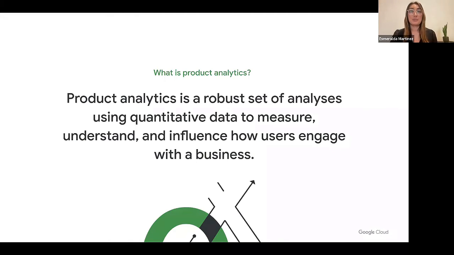Traditionally, teams have had little visibility on what customers are doing in digital products. Over the last 10 years, with the explosion of digital products and the data that they have made possible to track, product analytics has emerged as a new category within the larger analytics space. It focuses on understanding how customers interact across all touch points, whether it's web, app, email, push notification, or in-person touch points, really any interaction with the business. These insights are then used to increase activation, conversion, and retention, and decrease churn, with really the ultimate goal of driving